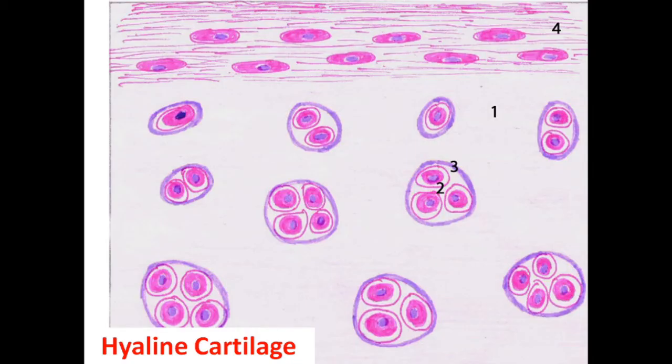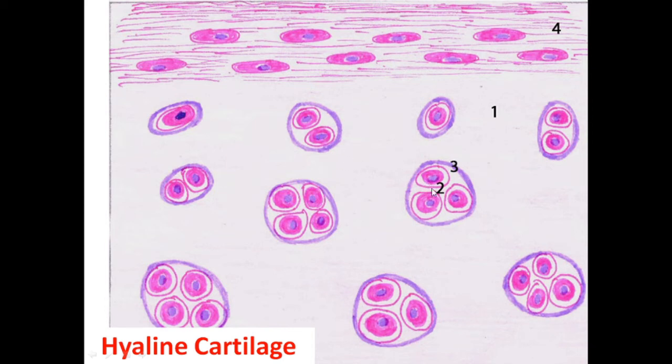Now this is the schematic diagram of the hyaline cartilage, which you need to draw in your exam. So this number 4, which is on the outer side, is the perichondrium. It has an outer fibrous layer and an inner cellular layer. These cells get converted into chondrocytes. As you can see, the chondrocytes are covered by a space around them. That space is called the lacunae, as marked by 3 in this diagram.